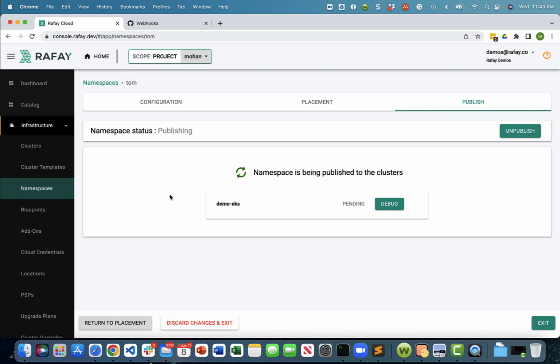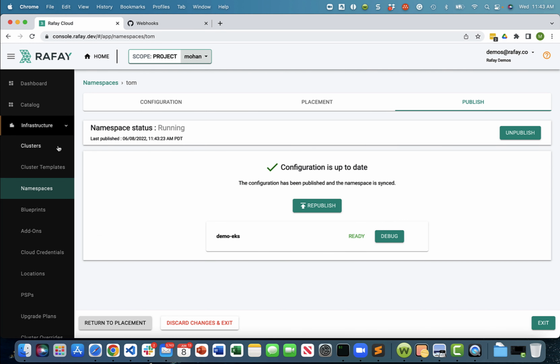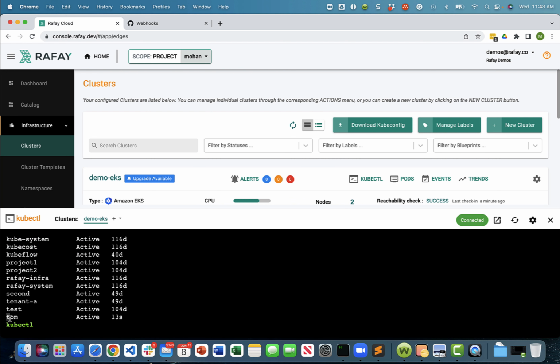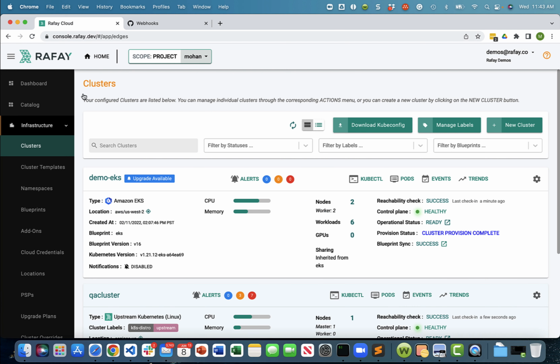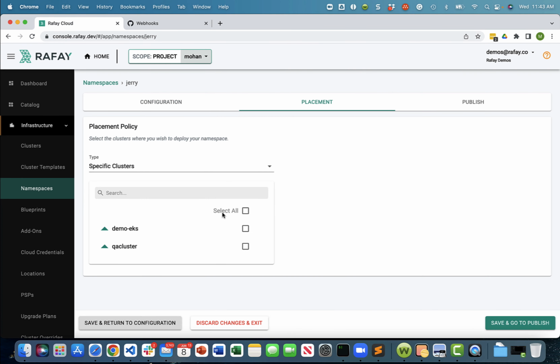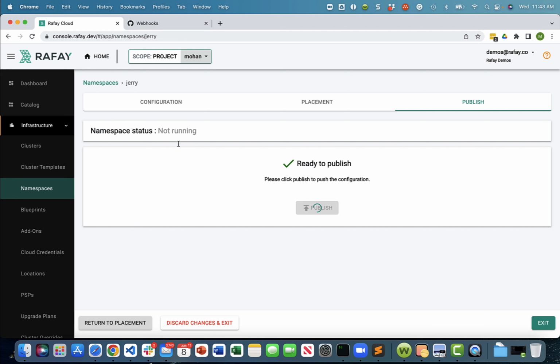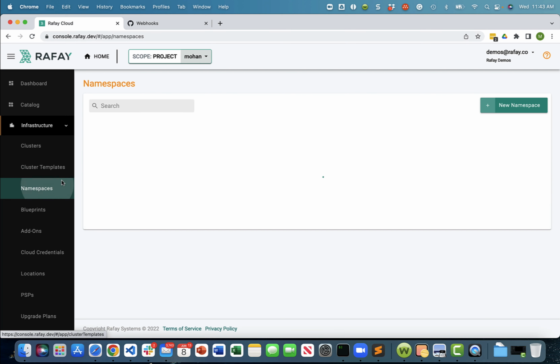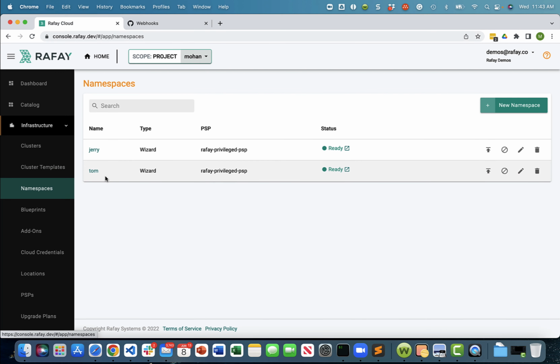let's give that a couple of seconds to publish. So if you go look at our cluster here and look for this, we have our new namespace called Tom. Then we're going to deploy another namespace called Jerry. Let's publish that too. Same cluster. And that'll take another couple of seconds to be operationalized. So now we have two namespaces here on this cluster that we have access to, that we created, Tom and Jerry. And the next step is